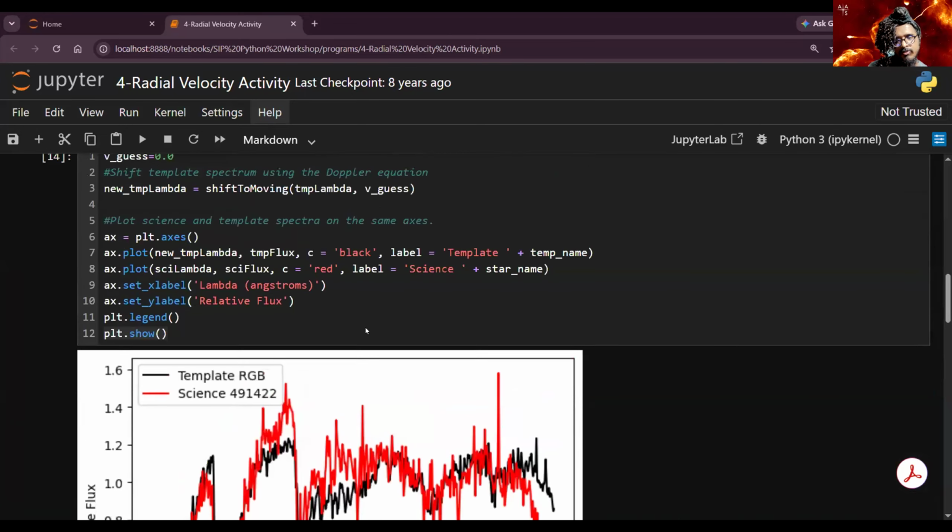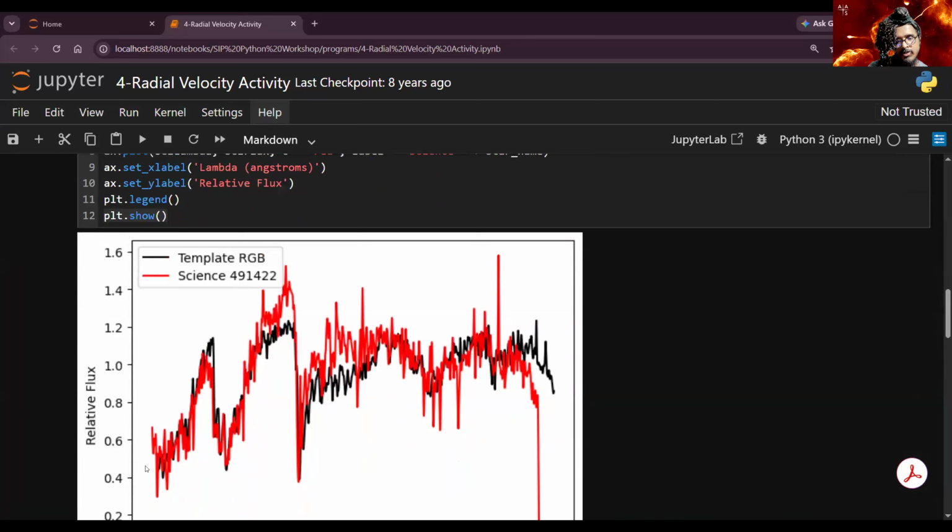This looks really good, doesn't it? This big feature matches here. This big feature too. You can see that the slope here matches roughly, right? And then it goes down and up again. It's pretty good,